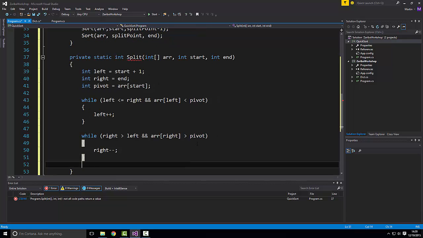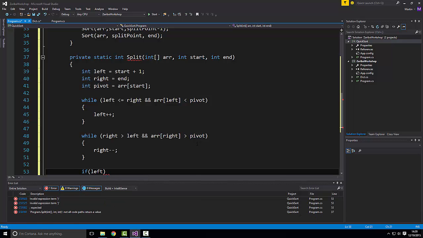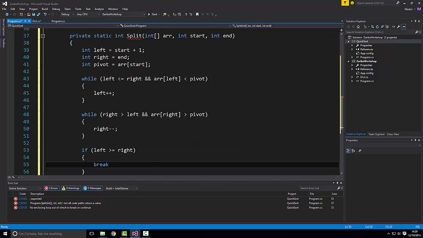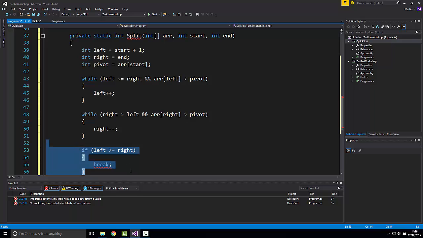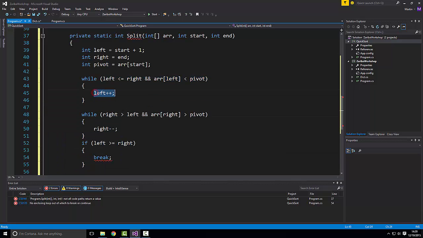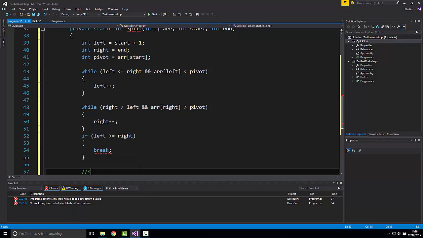But first we have to check if left is bigger than or equal to right. We want to say break. Okay, and this break will be breaking out of a loop that I haven't written yet. This is just going to be the loop that repeats this single operation that we do. So after we found the left and the right index, if the left is bigger than or equal to the right, this means that we have to exit the bigger loop that I haven't written yet. Okay, so here we have to swap the items,